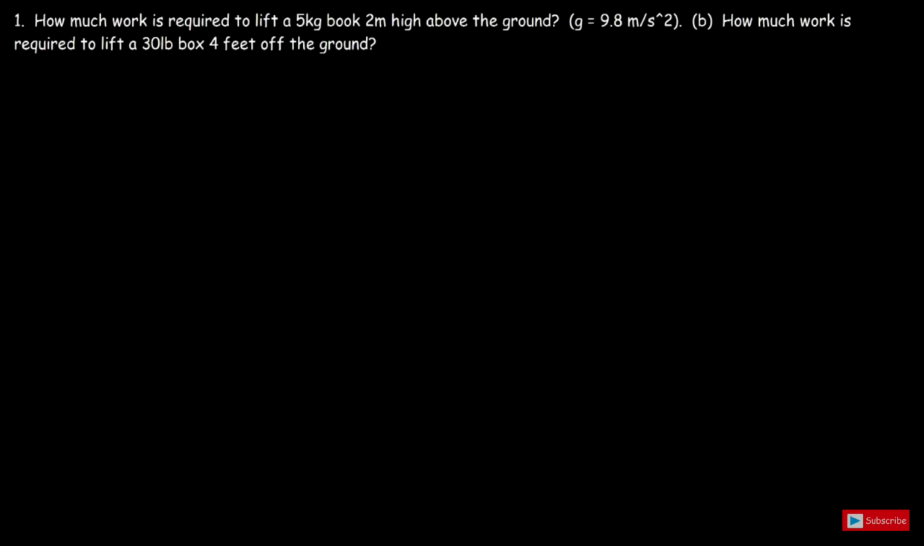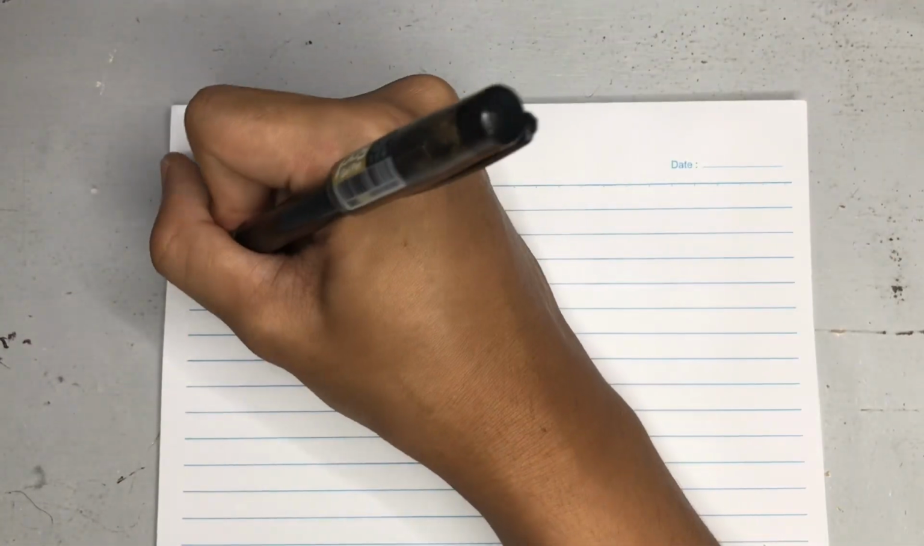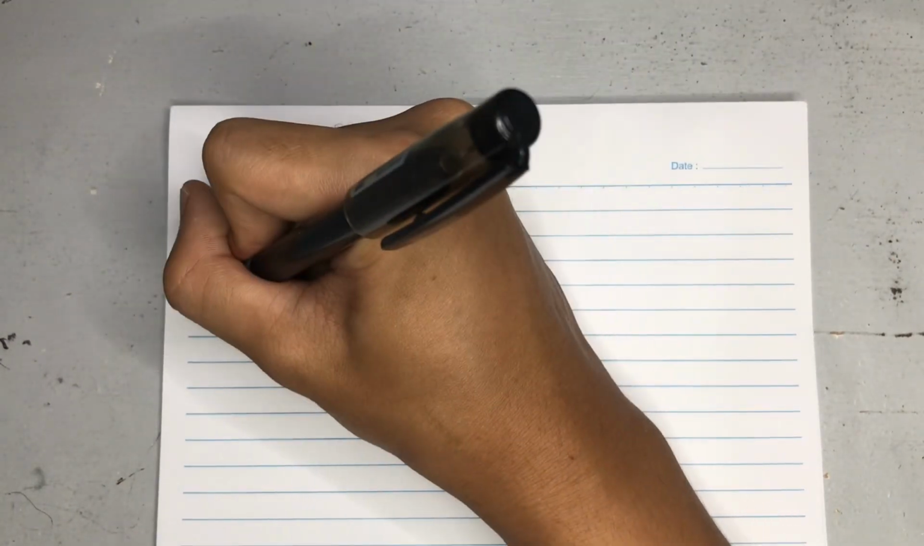Number 1 question. How much work is required to lift a 5 kilogram book 2 meter high above the ground? So, the question is on how much work is needed or required to lift the book 2 meter high above the ground. So, number 1, work